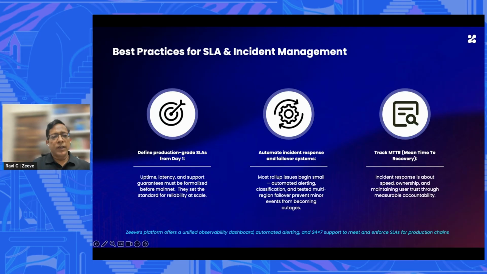So that's why having proper SLAs to manage the chain becomes very important. And then automate the incident response, having L1, L2 support so that all the incidents can be easily managed, whether it be security or non-security incidents. And then create learnings out of each incident that has happened so that the next iteration of the chain is much stronger and much more reliable.